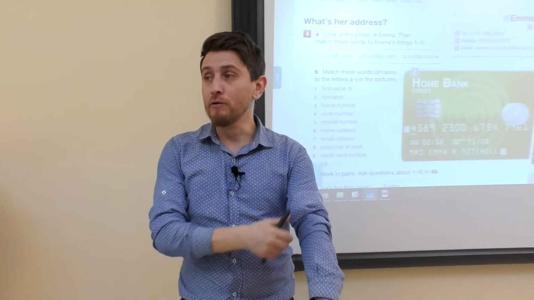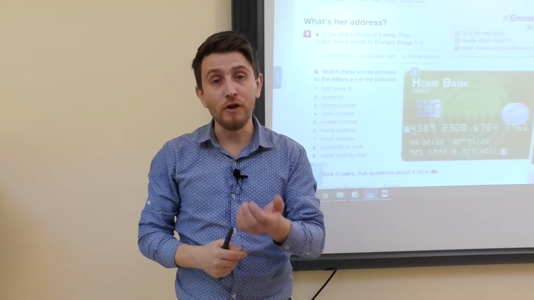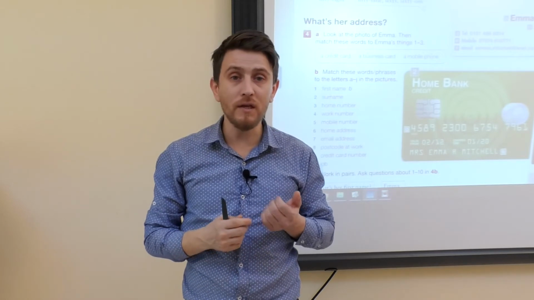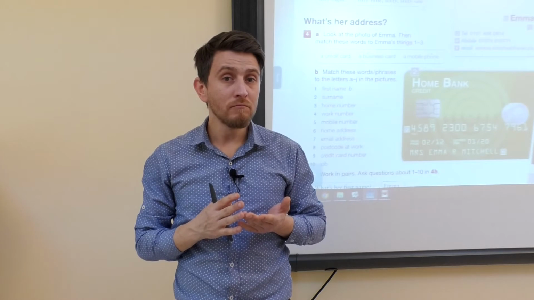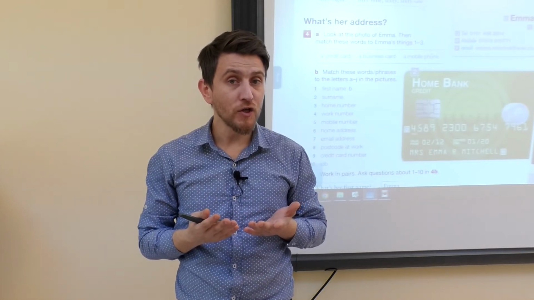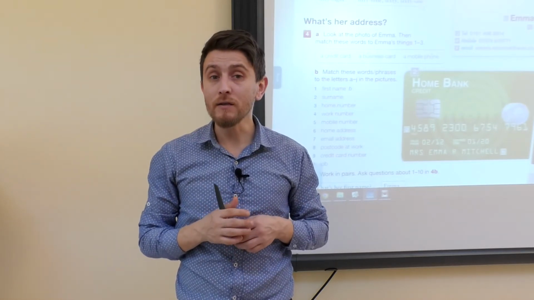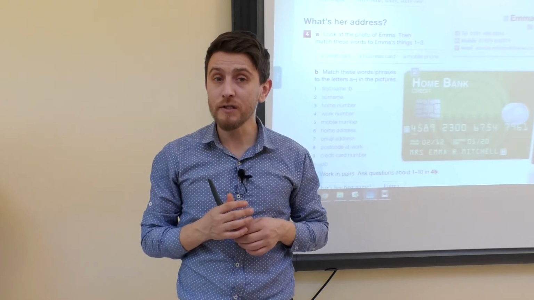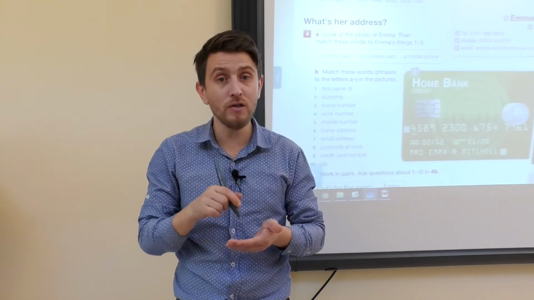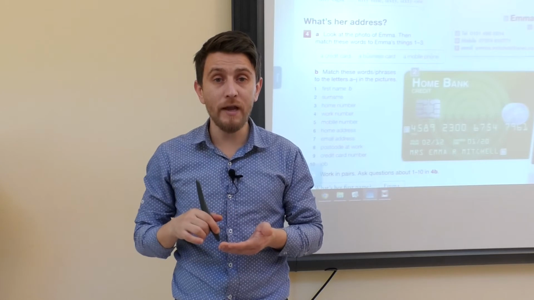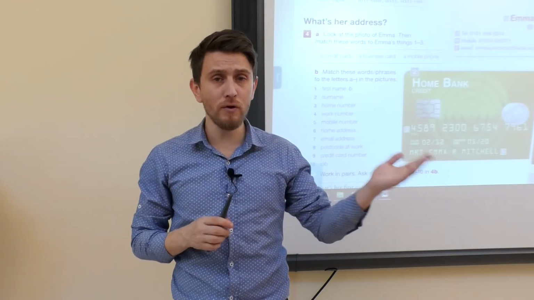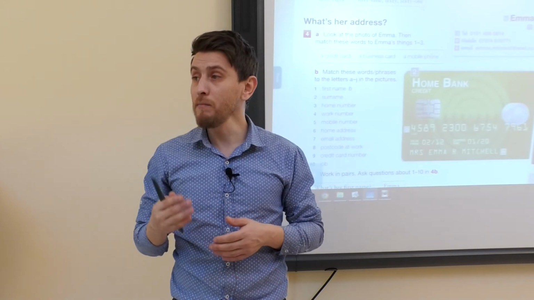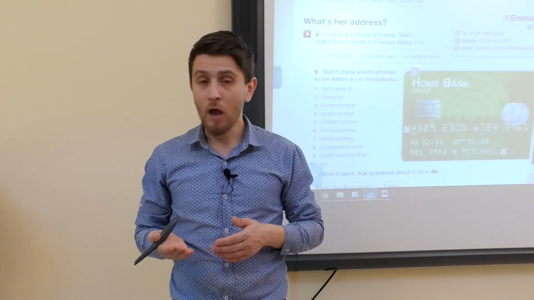Maybe when you get someone's email address, her name is not Turkish. So if you can't write someone's name, you can ask for the spelling. For example, what's your email address? My email address is